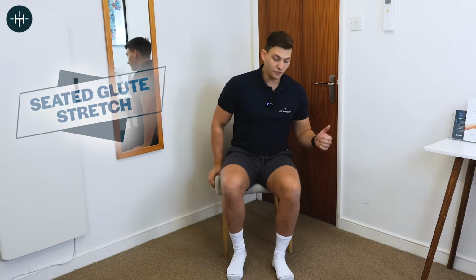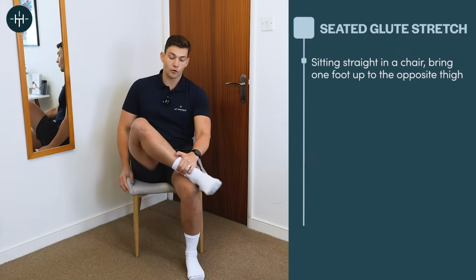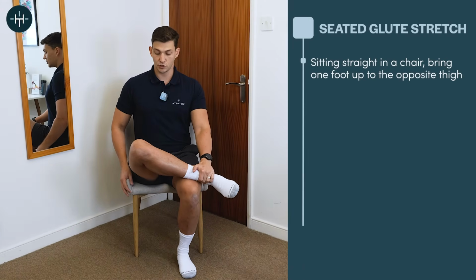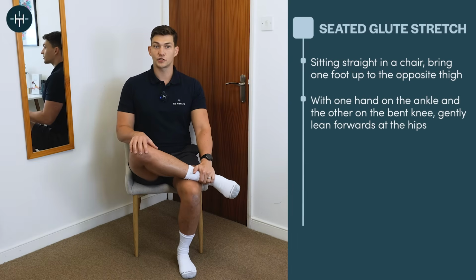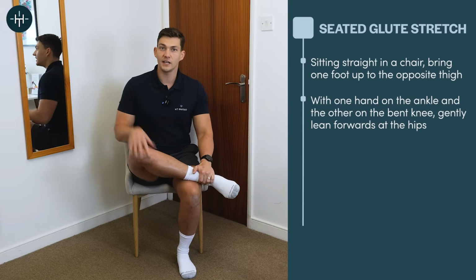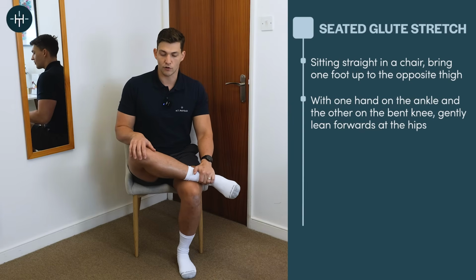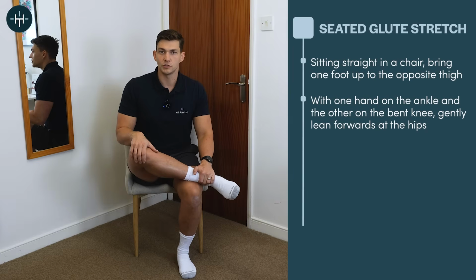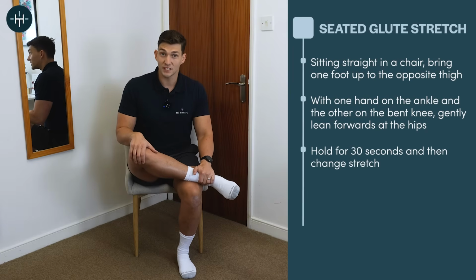So what I did for this was, sitting in a chair, I brought my right shin onto my left thigh like this. I sat up nice and tall, had a hand here just to support, and then gently leant forward at the hips. Now I could feel a really intense stretch in my glute there whenever I did this, but it felt like a nice relieving tension as opposed to a pain. So I would hold this for 30